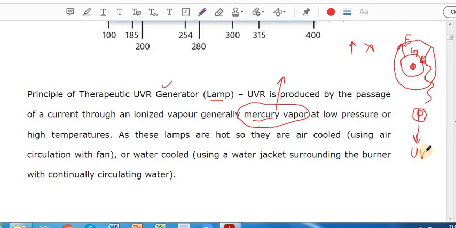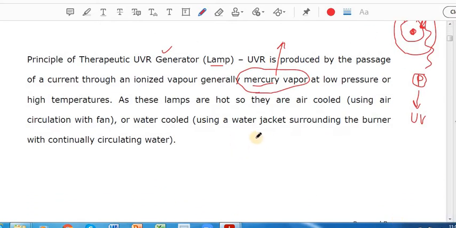We may have chosen any substance, but we have to see that when that substance's electron gets excited and comes back, what do we get? If we get some other photon which is highly energetic, more than UV, or very low in energy, then there is no point, because we are interested only in ultraviolet radiation generation. So for ultraviolet lamps, we take mercury as the substance.